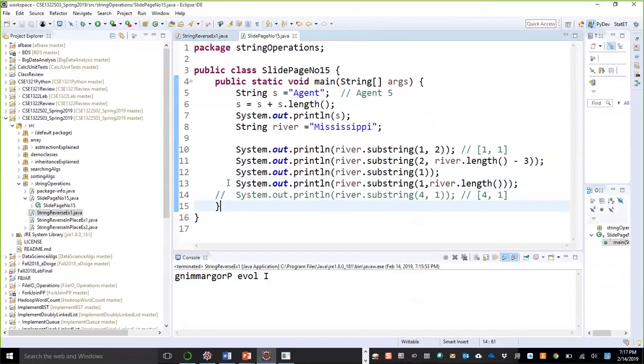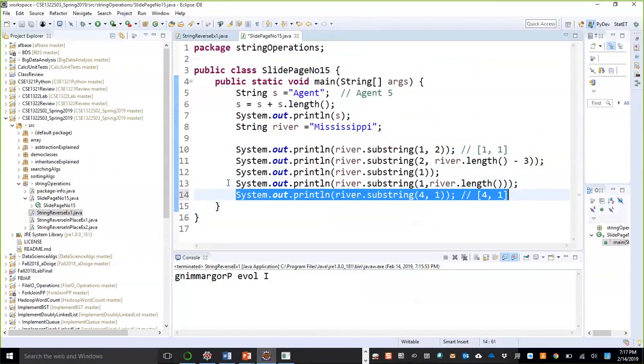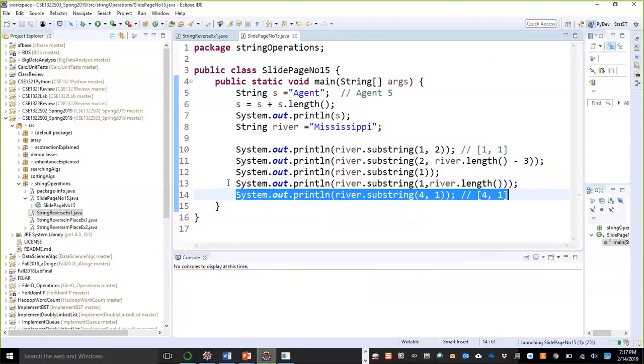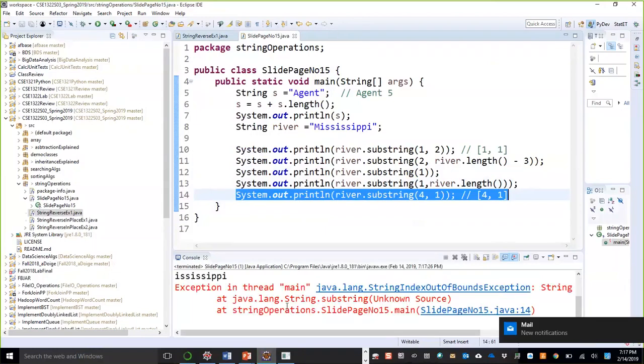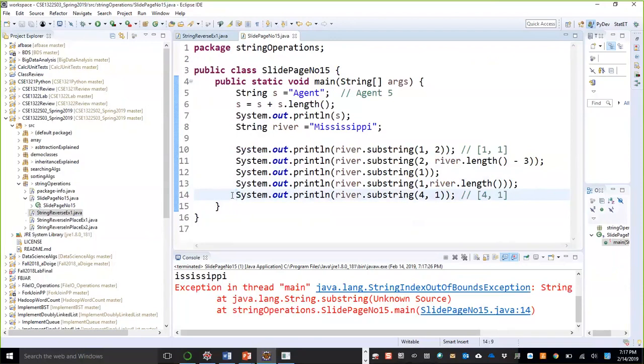I got an error for this one in Java, an out of index error, but